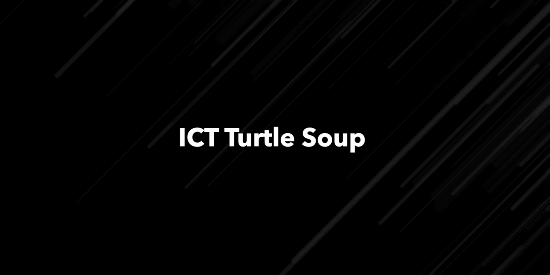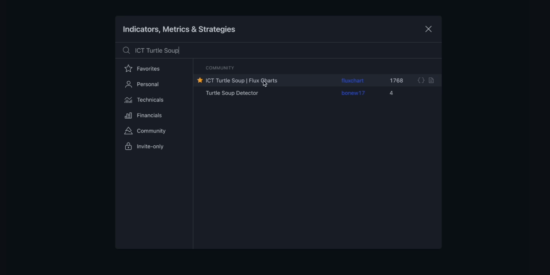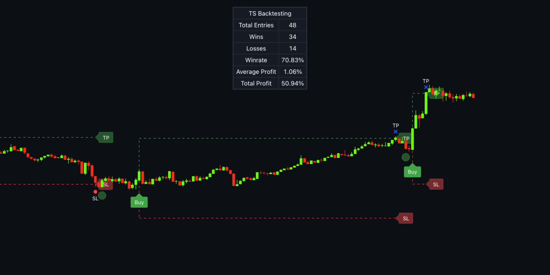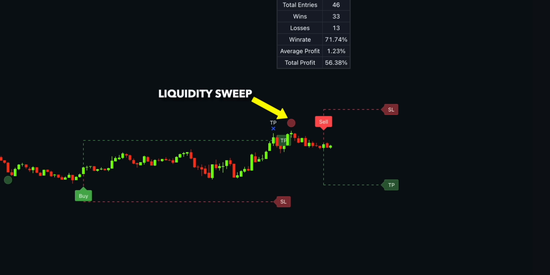The next indicator I'm about to show you will truly surprise you with its accuracy. It's called the ICT Turtle Soup indicator. This powerful tool is engineered to automate the well-known Inner Circle Trader Turtle Soup strategy. This strategy focuses on exploiting false breakouts at key liquidity zones where many traders place their stop losses. These liquidity areas can be identified on higher time frames, such as previous highs or lows, and are key zones